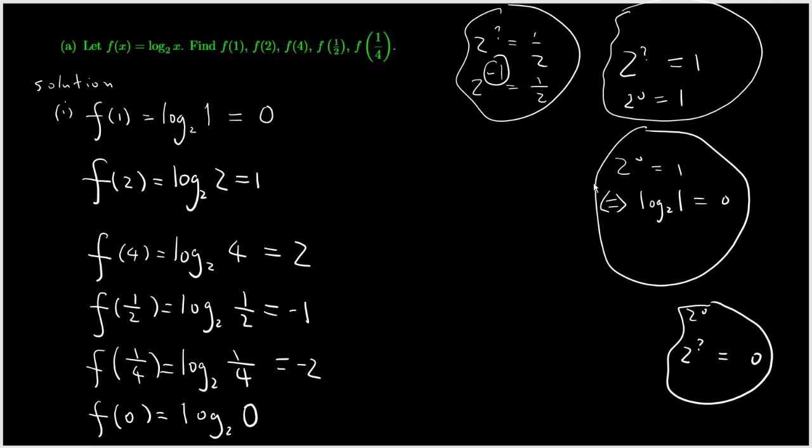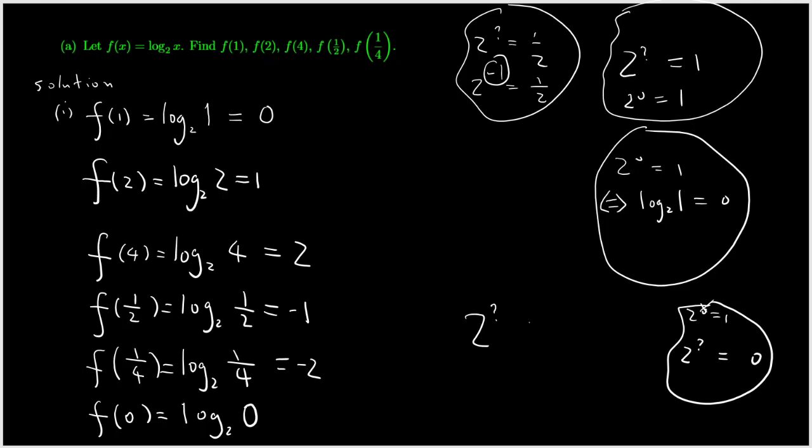2 to the power of 0 is equal to 1. So 0 is not right. Undefined is right. It can't work. We say it's undefined. I will tell you why. 2 to any power, this question mark is any power,